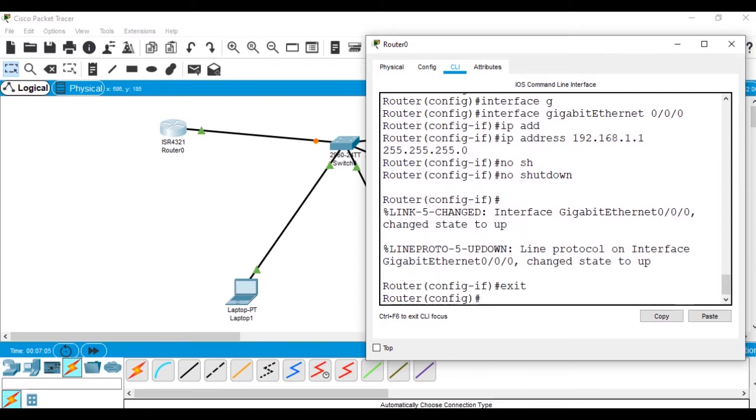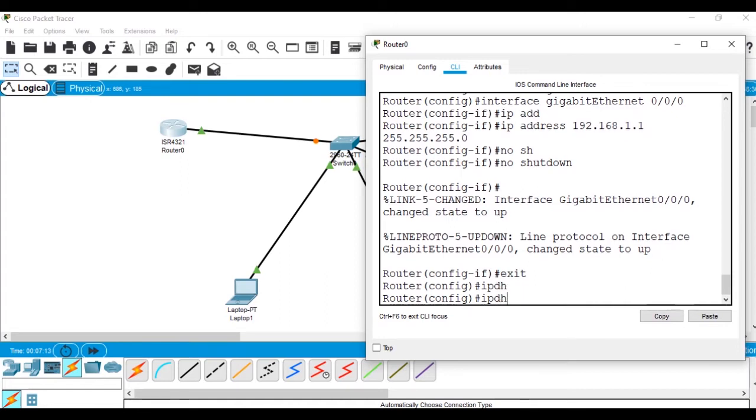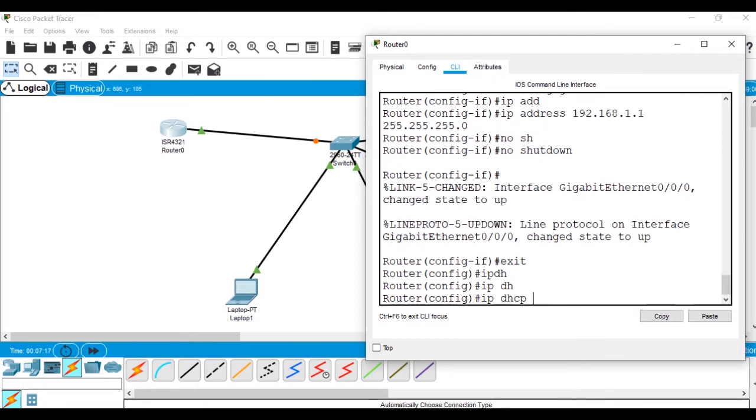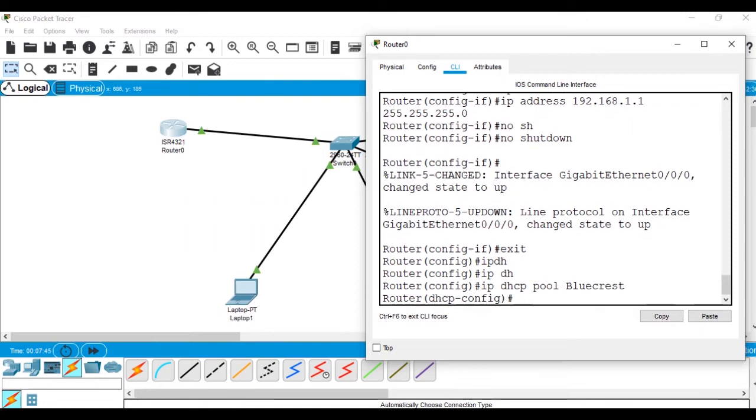So after that we'll configure the DHCP. So we'll say ip dhcp pool, we have to create a pool, and we'll put the name of the pool as Blue Crest. So the pool has been configured with the name Blue Crest.